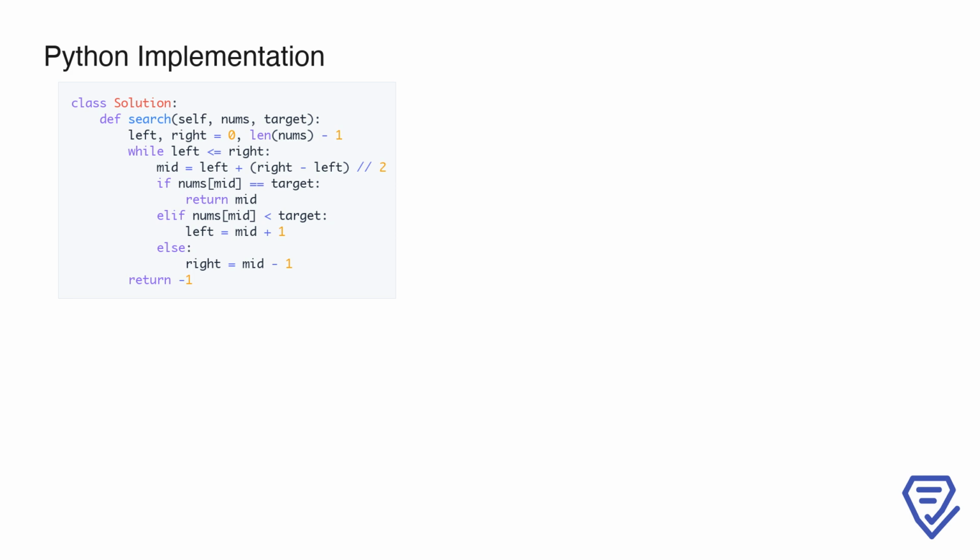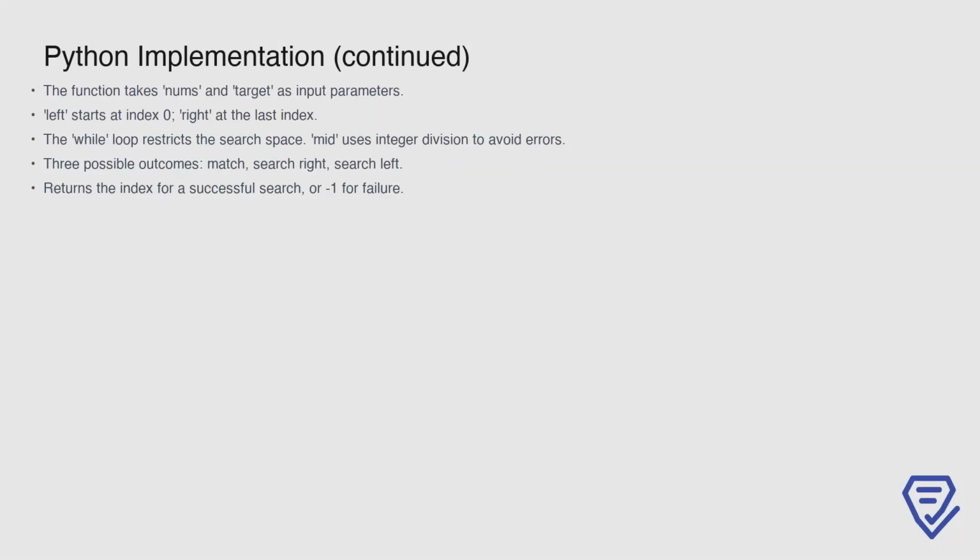Once the loop ends, if no match is found, we return -1. This concise code encapsulates all core logic for binary search and handles all edge cases. I'll walk through the logic line by line to clarify each part. Going deeper into the Python code for LeetCode problem number 704, the function accepts two arguments, the array and the